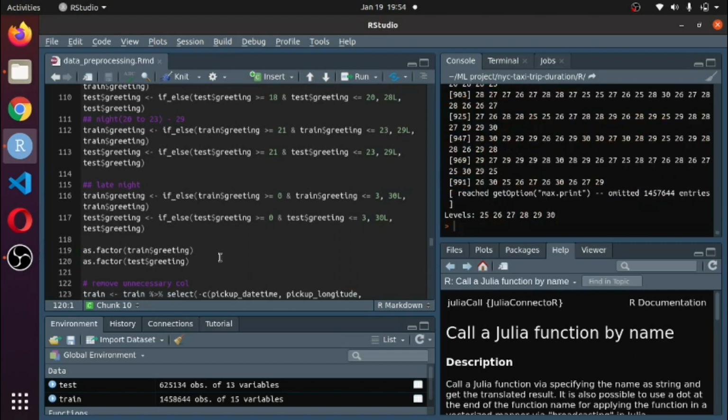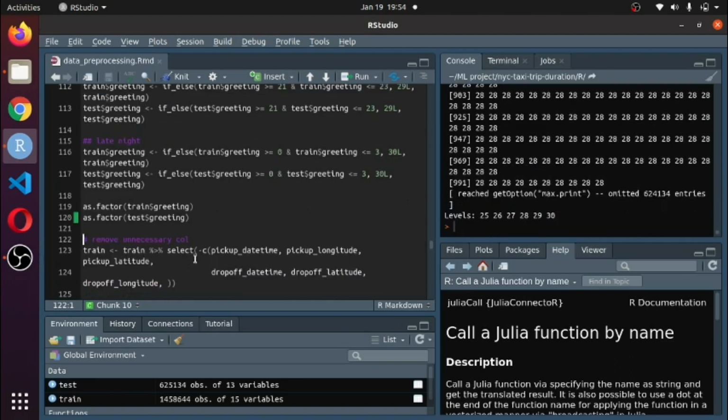If you observe here, you successfully made the six segments from the datetime column. Similarly for the test dataset. This is for the test dataset. I will apply some algorithm in the next video.